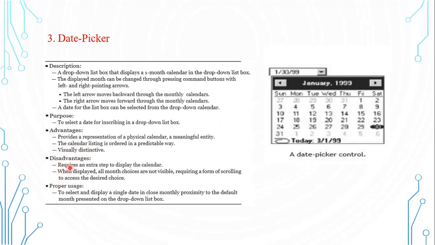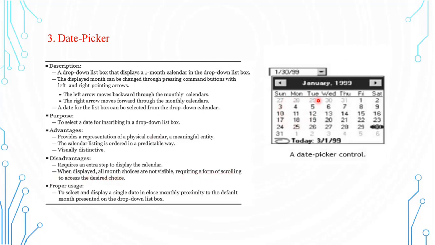Disadvantages: it requires an extra step to display the calendar. So you might have to go to a certain area on the screen to display the current calendar. Okay, directly it may not show the calendar on your display, so it requires an extra step. When it's displayed, all the month choices are not visible